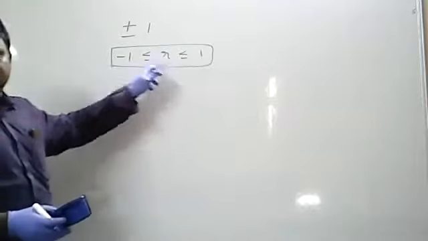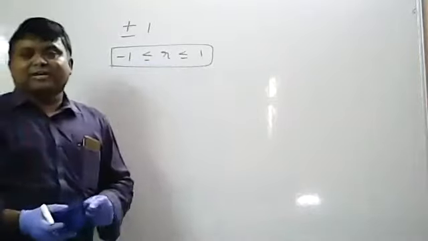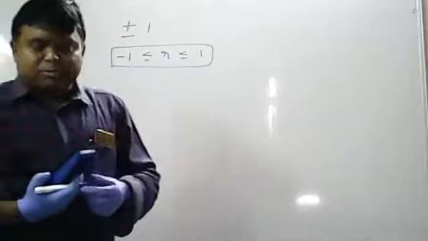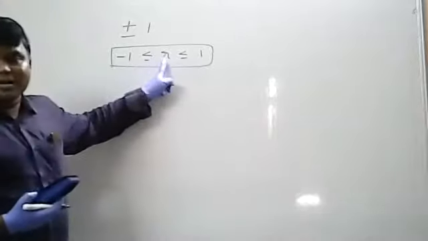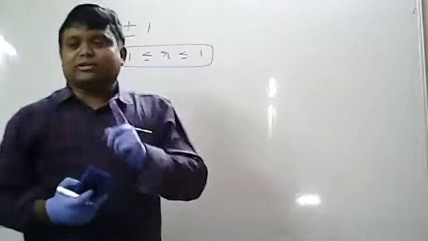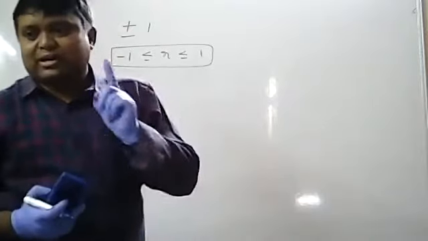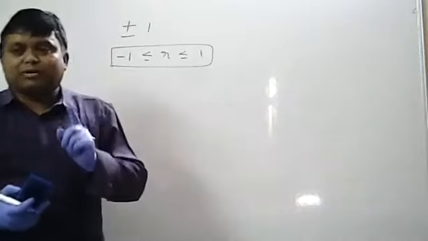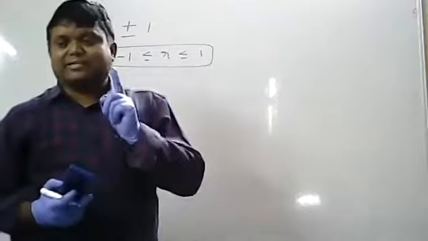This you have to prove. Then you can say limits of r is plus or minus 1. So how will I prove? R means, all of you know what R is, Karl Pearson's correlation coefficient. It is denoted by r. So, the r formula, all of you know: covariance of xy by sigma x into sigma y.